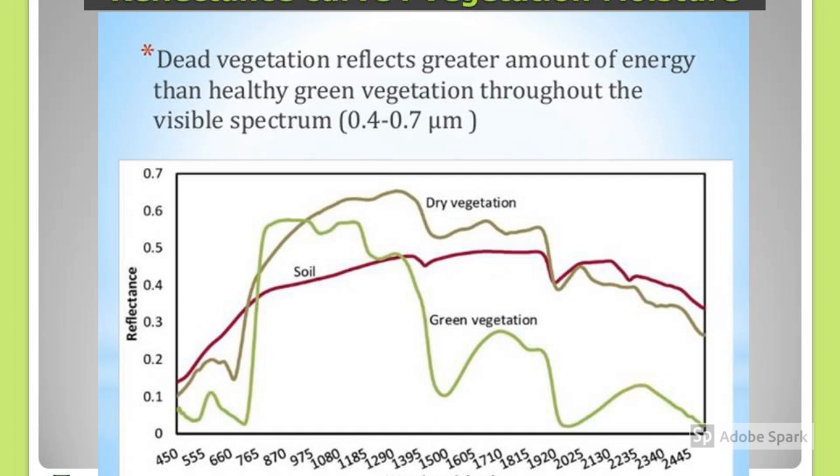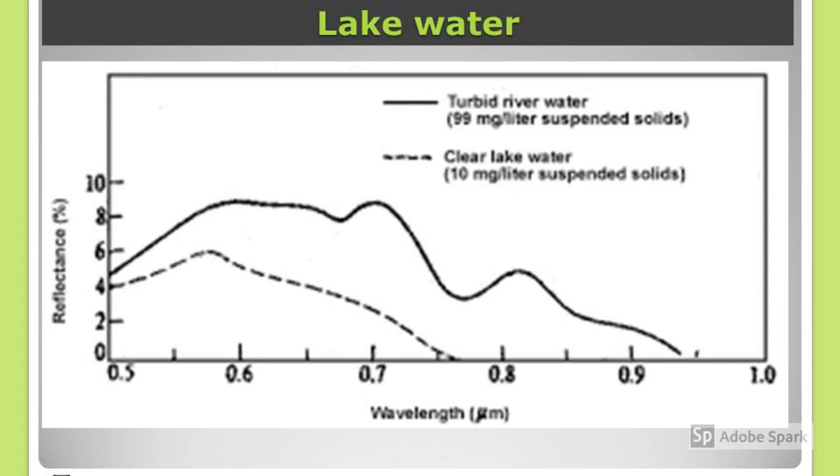Water. The reflectance from water depends on various factors: depth, suspended particles in water, floating vegetation, and sun angle. Pure clear water has relatively high reflectance in the visible wavelength, ranging from 0.4 to 0.6 μm. There is no reflectance in the near infrared, 0.7 μm and higher wavelengths. So infrared images show the water body in dark color.